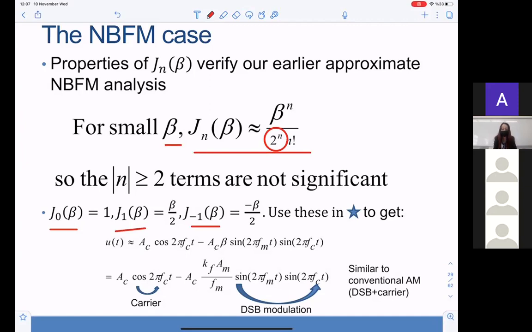So for odd terms, J1 and J minus 1 are beta over 2 and negative beta over 2. And we can plug these into this star, the general expansion, the Fourier